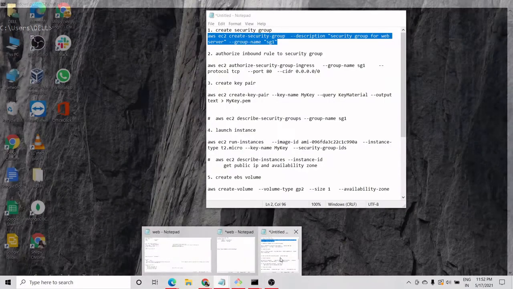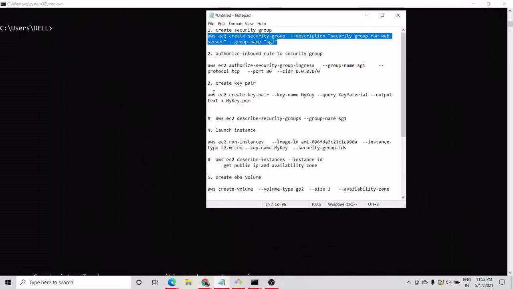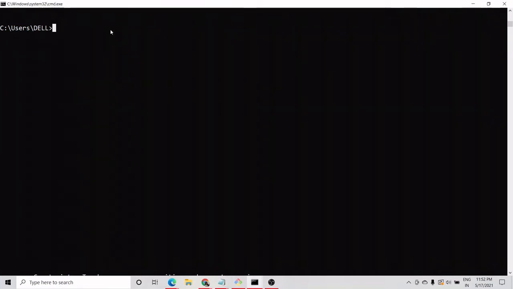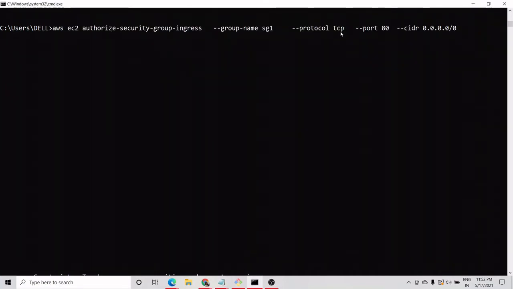Now we will provide inbound rules to the security group. This is the command to provide an inbound rule to the security group. I'll again copy it and paste it here. In the above command we provided SG1 as the security group name, so in the same security group we will add one inbound rule. This is the command to add an inbound rule, that is authorize-security-group-ingress, and we have to provide which protocol we want to allow, which port number we want to allow, and which IPs we want to allow.